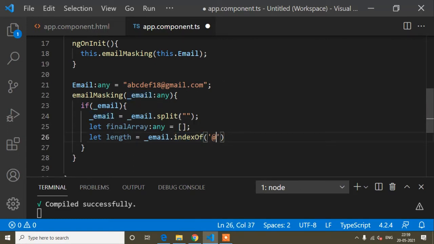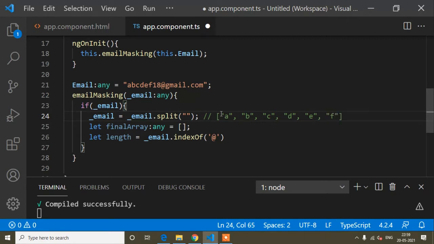So just after writing this line, it converts into an array, and inside this array it's stored this way: A, B, C, D, E.